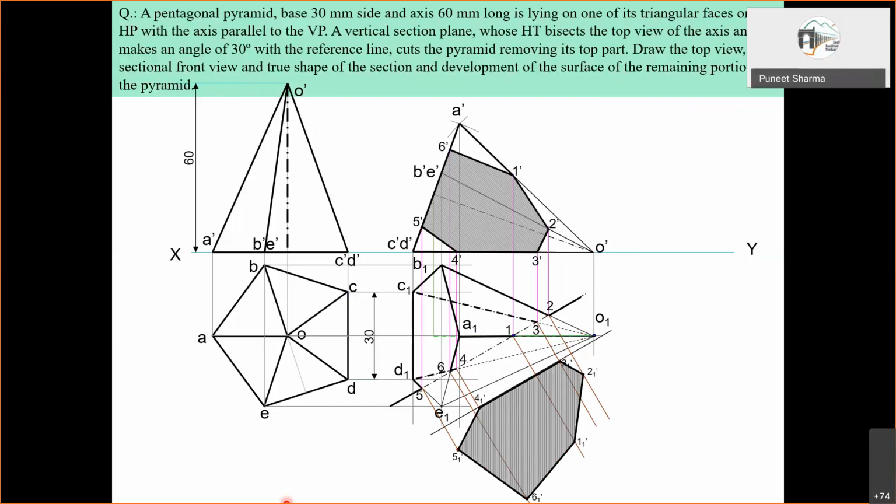So this completes it. One particular thing here I would like to mention, that when you have this case of a cone, it will be dealt with in a similar fashion as we are doing for the pyramid. The only difference will be that whatever you are seeing as the edges over here in the top view, you will have the generators for that purpose. And again, I would say please divide it into 12 parts, so that you will be locating these intersection points on the generators in the top view, and you will have a sufficient number of points so that you can draw a smooth curve when you have to draw it freehand.